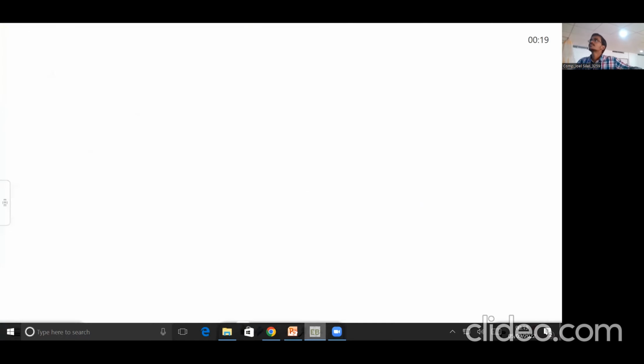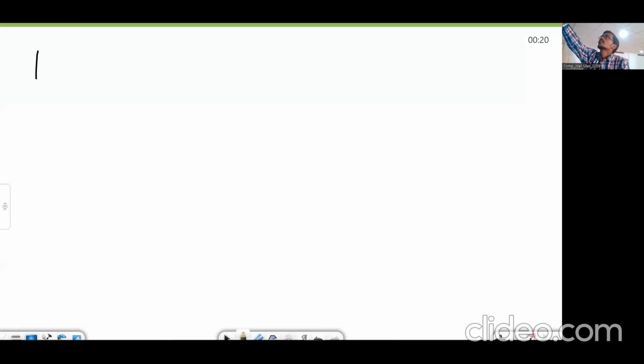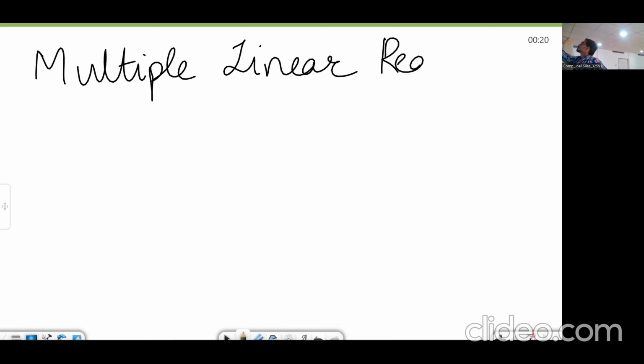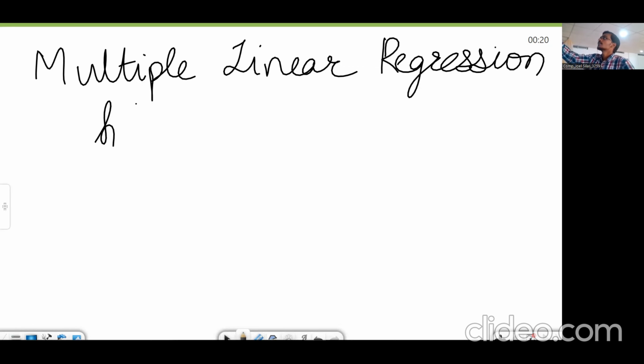So, in multiple linear regression, we can assume we start with the same formula, that is the hypothesis h of x